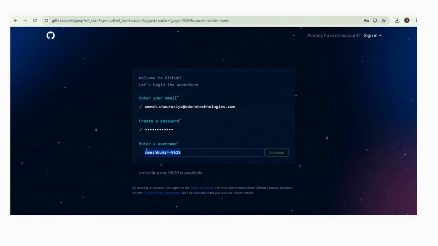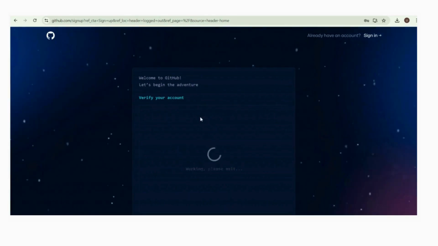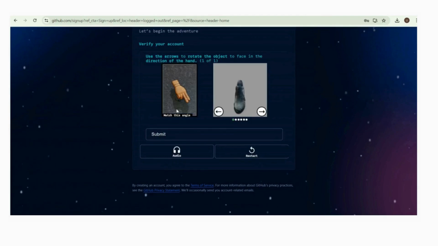Just copy it. Continue. Verify your account. Please solve a puzzle so we know you are a real person. So click on the verify button.